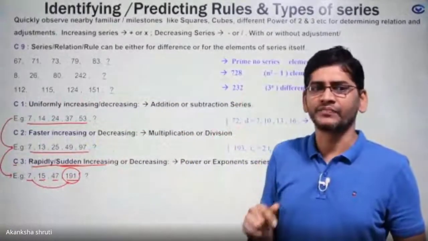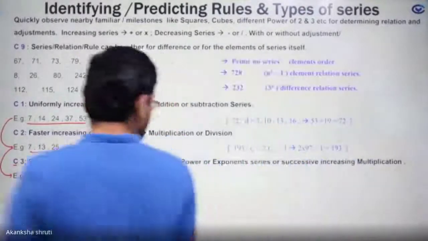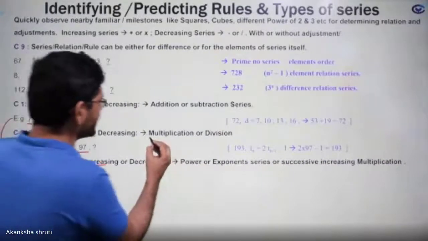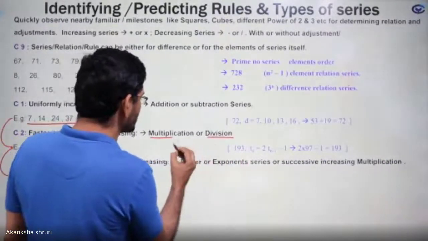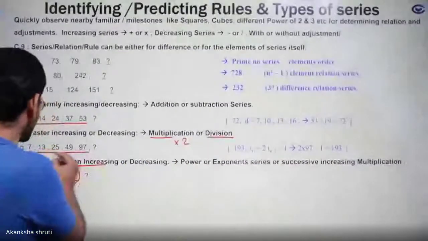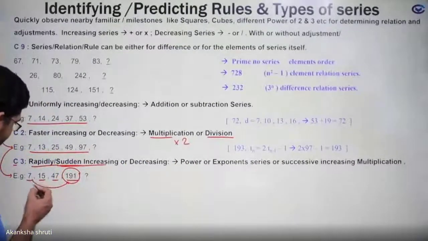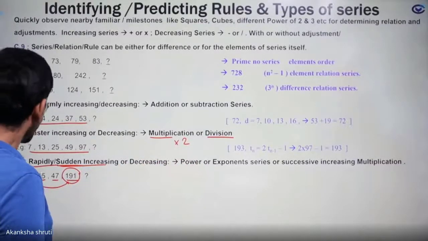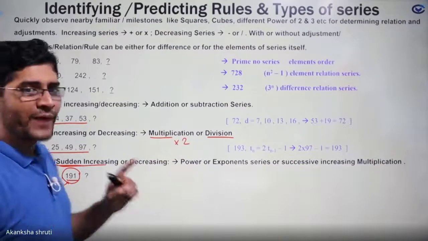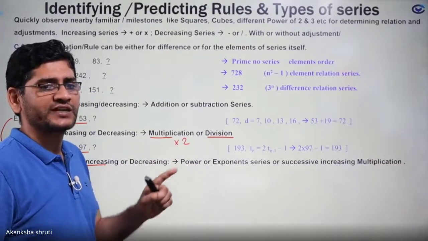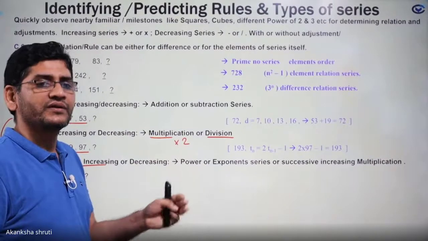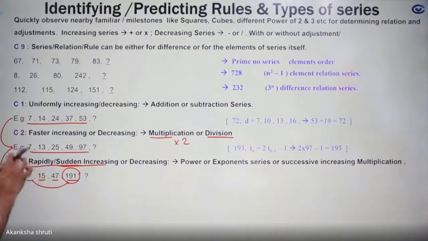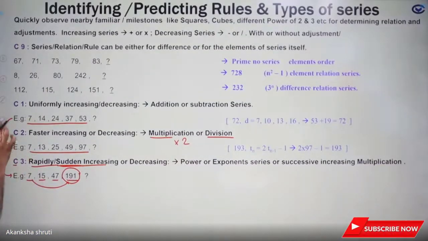At that time, you have to think of multiplication with increasing coefficients. Like here, multiplication by 2 we saw, students, meaning each term was nearly multiplied by 2. But here, the multiplication will be with an increasing number, or you will get a power series. Meaning either 2 cube, 3 cube, and square and cube of some bigger number, such kind. So students, let us observe this and you have to post your answer.